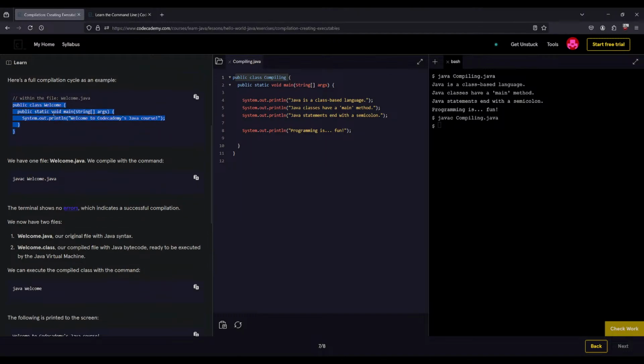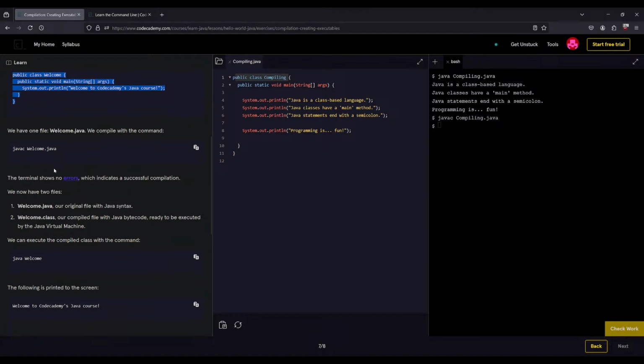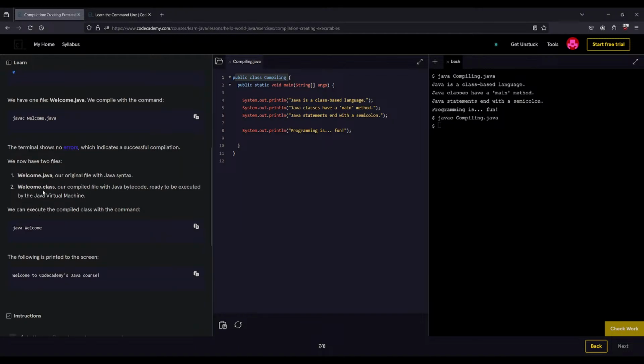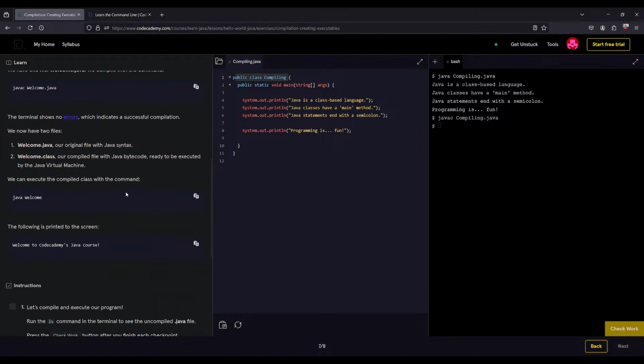And within the file Welcome.java, Welcome.class is the compiled file with the Java bytecode. And the Java bytecode is invisible, ready to execute by the Java Virtual Machine. Okay, we can execute a compiled class